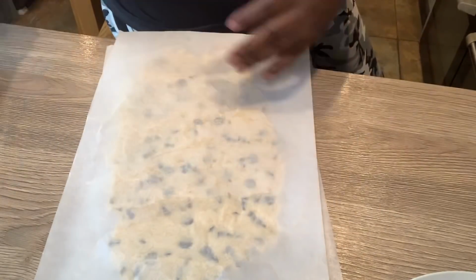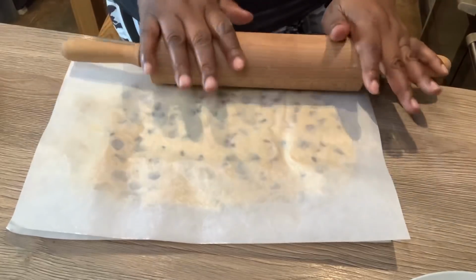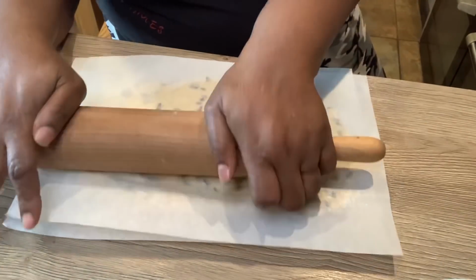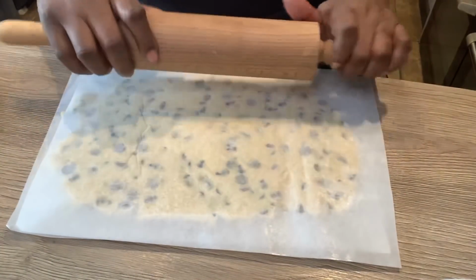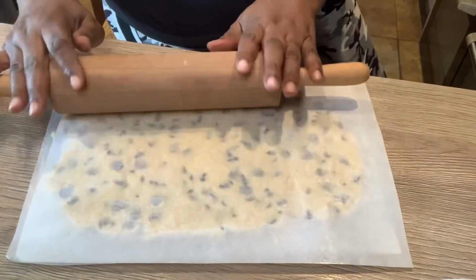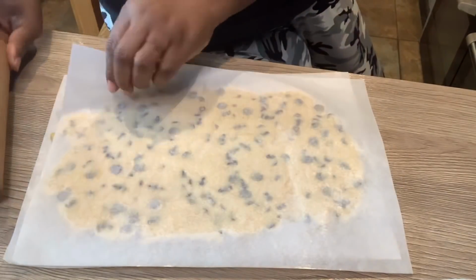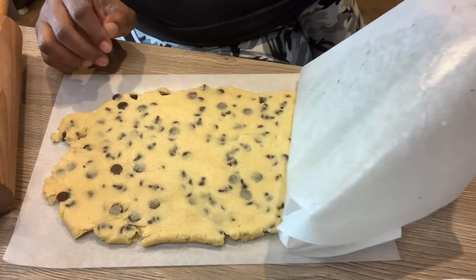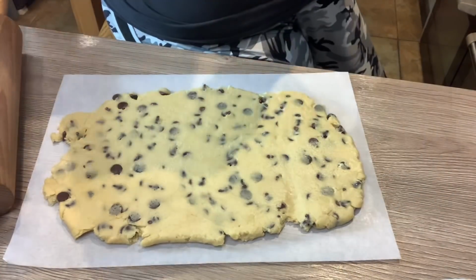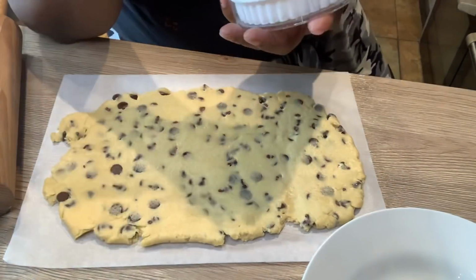See, nothing's sticking. If I didn't use the greaseproof paper, trust me, it would all stick together. And I don't want anything to stick. And I don't want to add any extra flour if I don't need to, because the shortbread will be too hard. And this is not biscuit, this is more like cookies. And they're supposed to be soft, not hard like stone. So that's the kind of thickness we want. We want something that is not too thin. Because if you make it too thin, then it will be too...